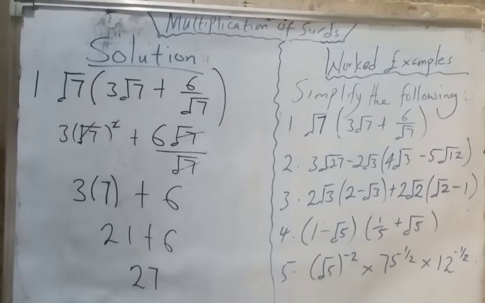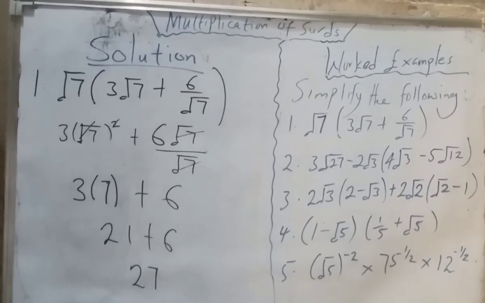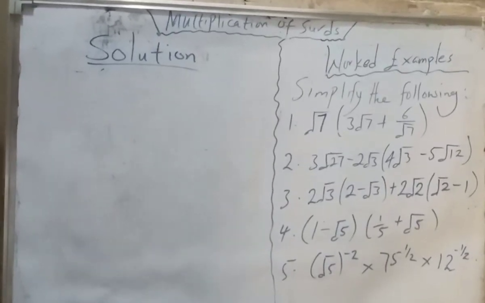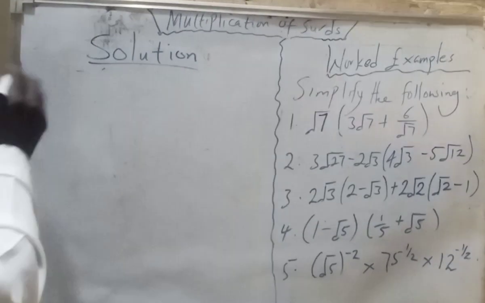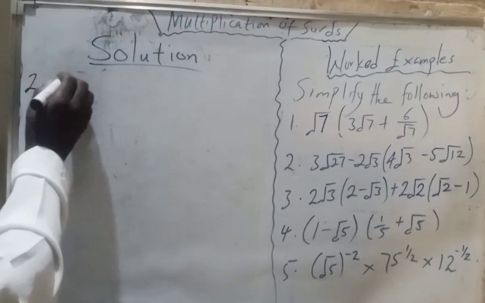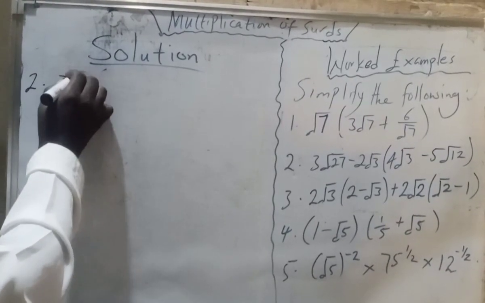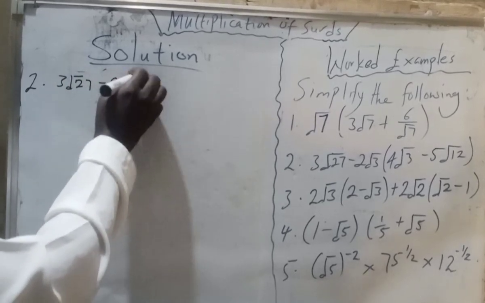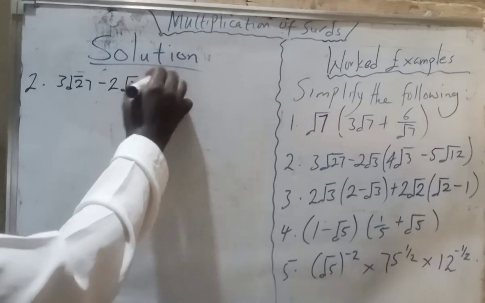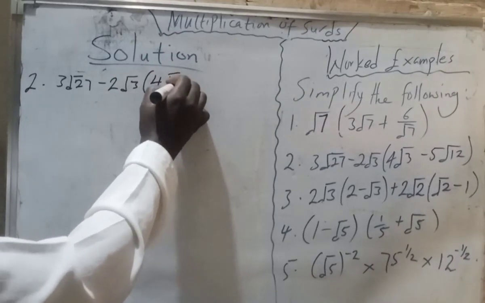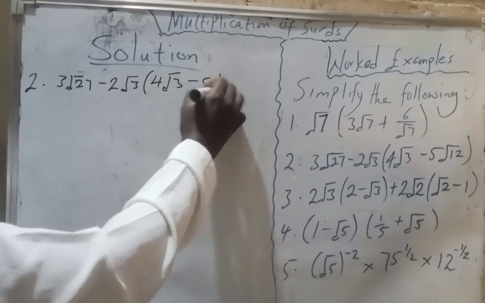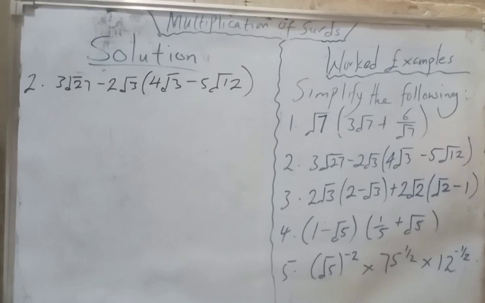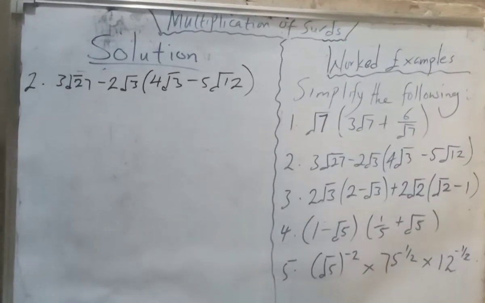We consider the second question as well. In question 2, we are going to simplify 3 root 27 minus 2 root 3, bracket open, 4 root 3 minus 5 root 12. Now to simplify this, you should bear in mind that